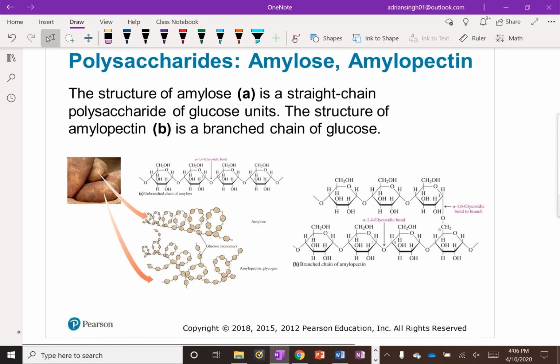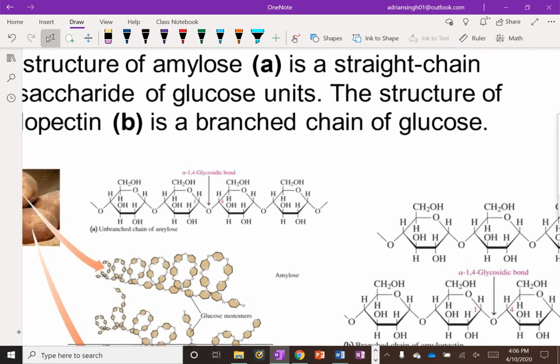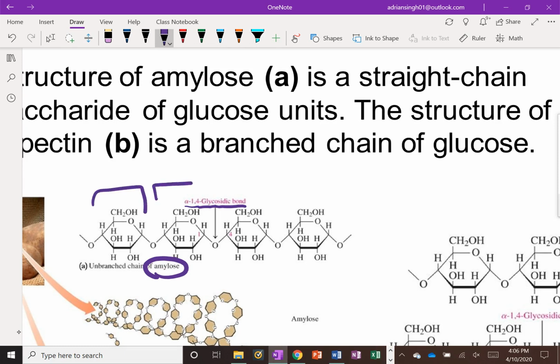So if we take a look at amylose, right? Amylose ends up being a straight chain, and this is what we see here. Right, so there's your amylose, and all it is is a bunch of these alpha 1,4 glycosidic bonds, which we saw previously, that connect one glucose molecule to another one, to another one, etc. So your amylose is a straight chain, or it's just an unbranched chain, I'm sorry, of hundreds, thousands, millions of these